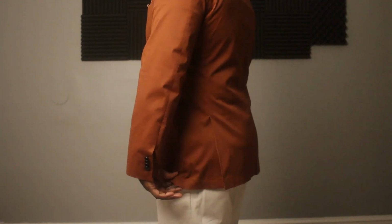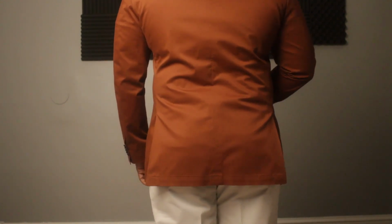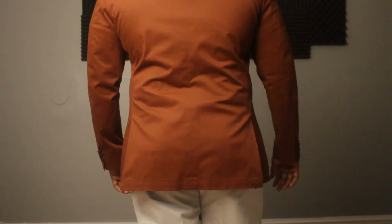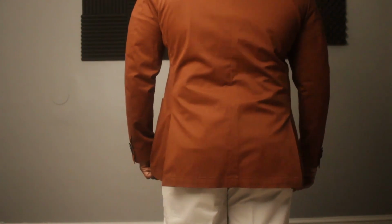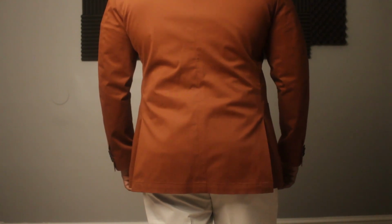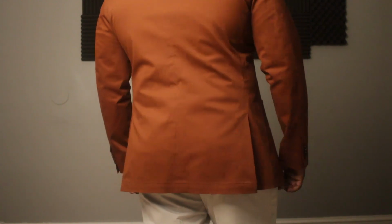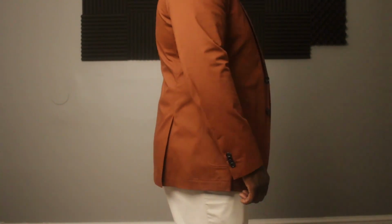You will find this on more classically cut jackets. I've seen it on a couple of sport coats and blazers, but you'll find it more on suits. They are more costly to make, therefore they cost more than their single vent counterpart. And if you want to be considered more stylistically savvy, I would say go with the double vents rather than the